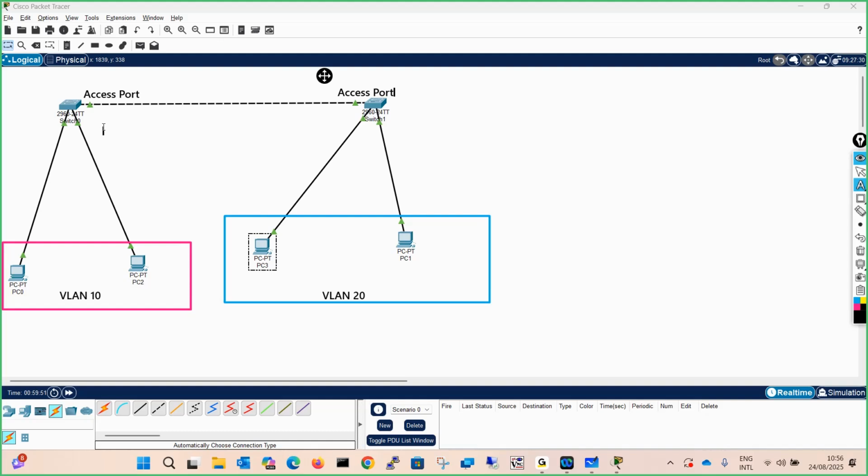Because we know that an access port carries the traffic of a single VLAN. For example, this PC0 traffic goes to this port, and then it will be broadcast, come over here, and go over here also. Once the traffic comes over here, it will be forwarded over here. This is the access port. It will again broadcast and the traffic will go over here.